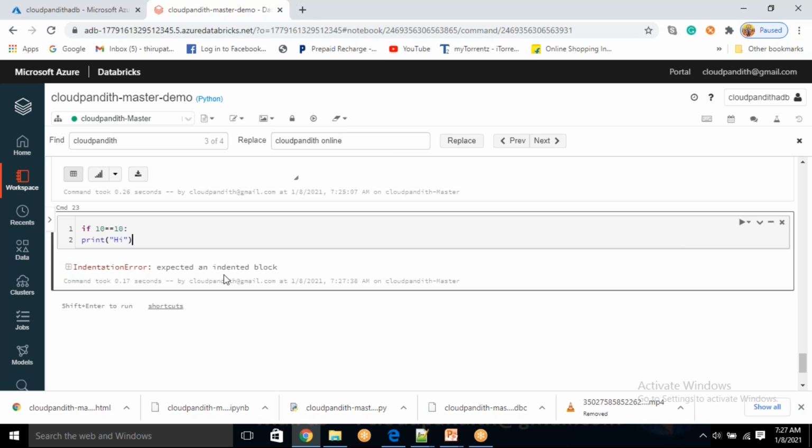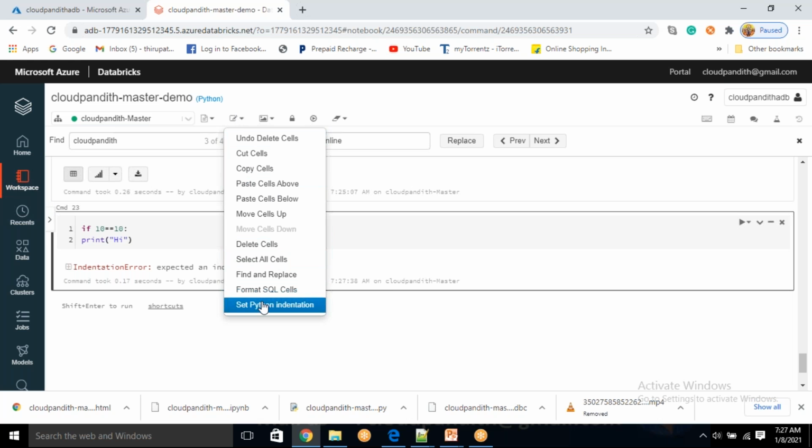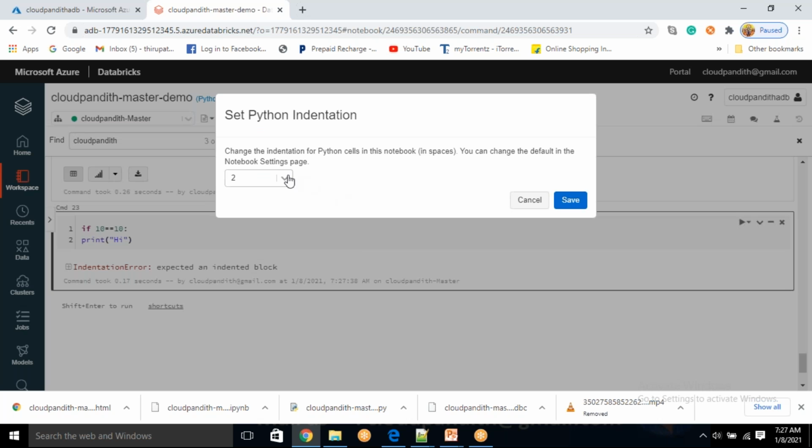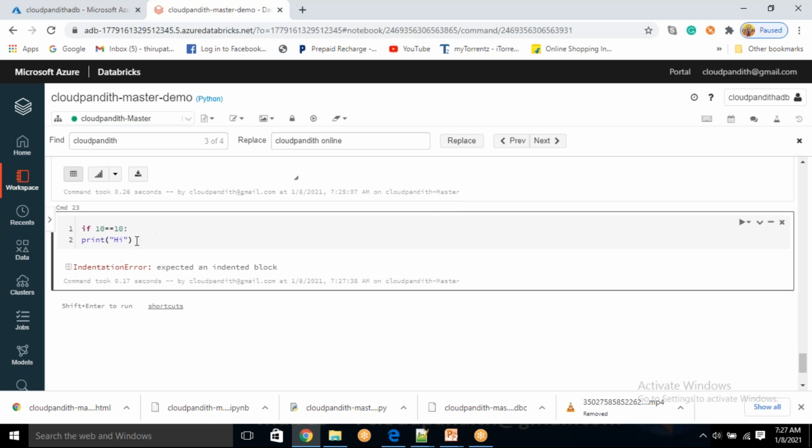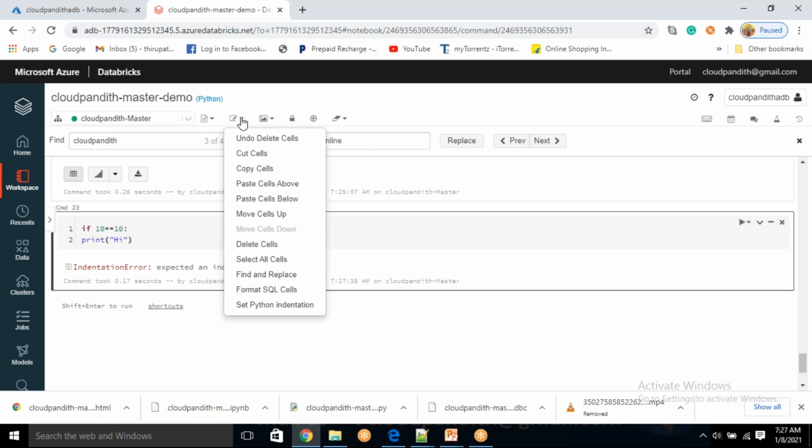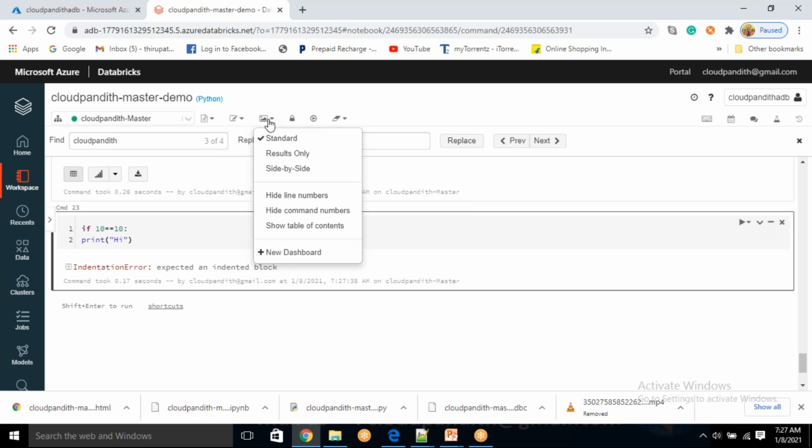See, indentation error, expected an indented block, right? So I will tell you what this indentation is, but it will take some time. This is a new option that came. So I'll just look at this option and let you know by tomorrow or something.